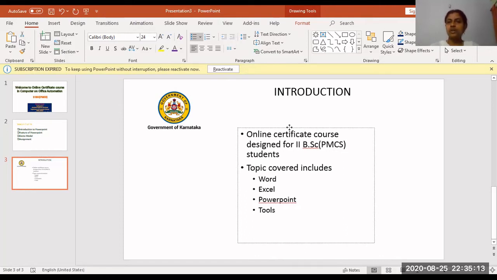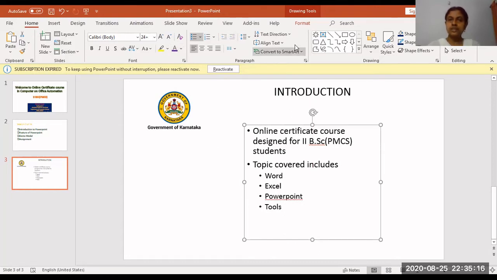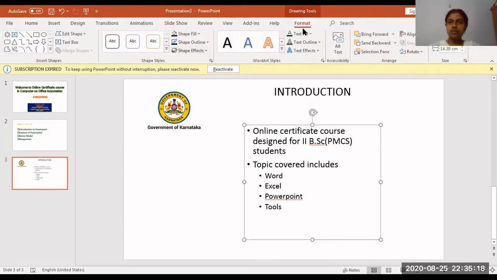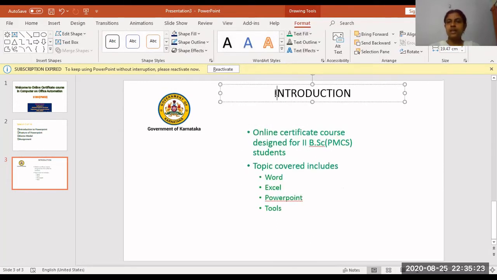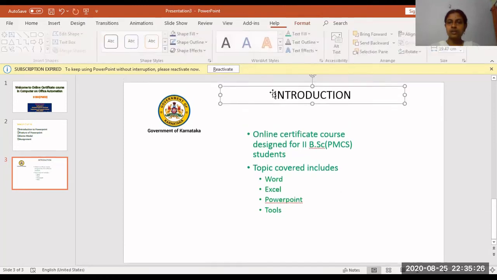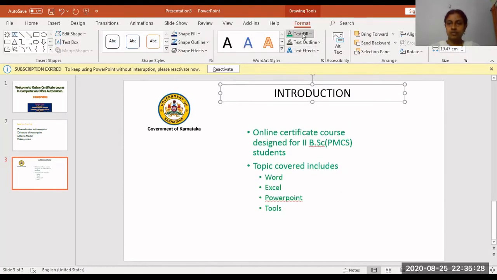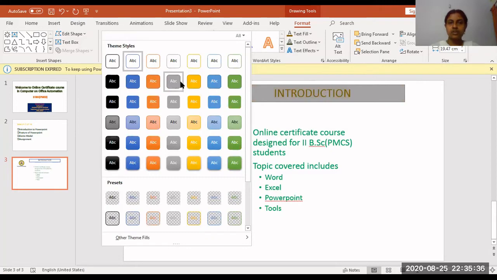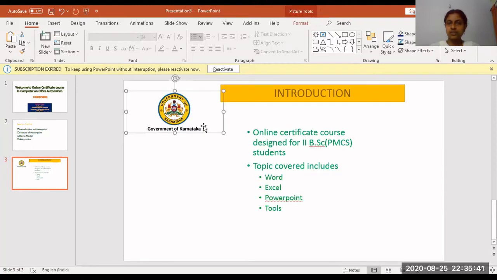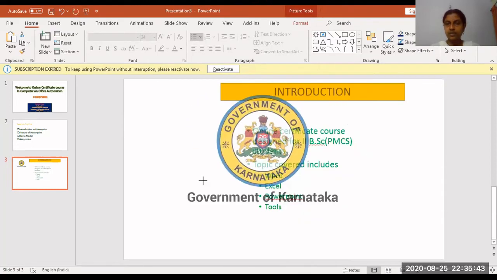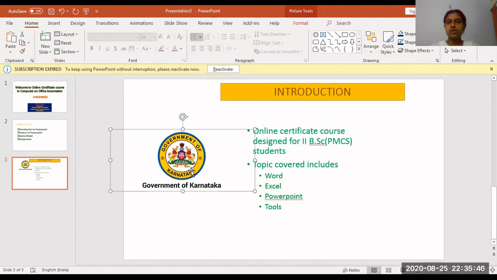Here also you can select the option and design according to your requirement. Here I am selecting the color. This time I want green color to be placed, and this I want in brown color, and I want a box border for this. In the box border I want this background to be there, like this. See, I want to increase the picture size, so select the picture. If you come to this corner and drag, the picture will become big. If you want to make the picture small, you can make it small. Okay, this is done.